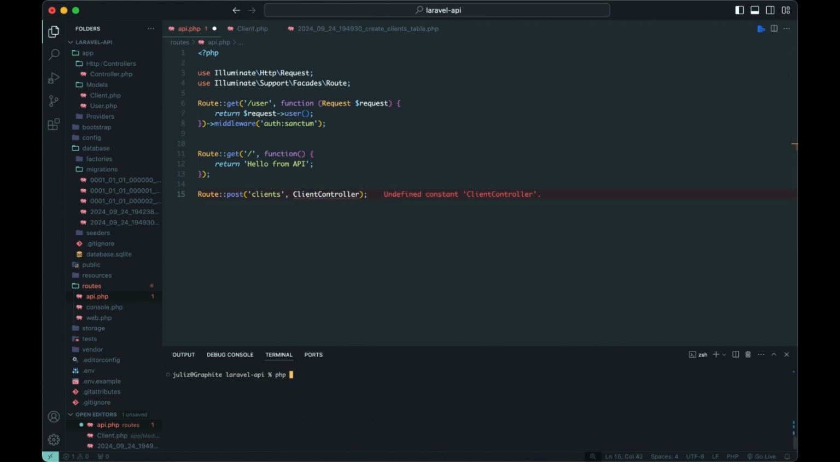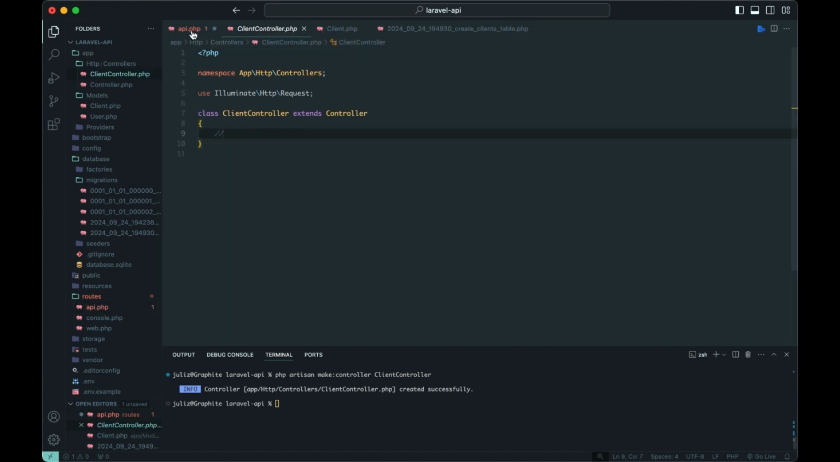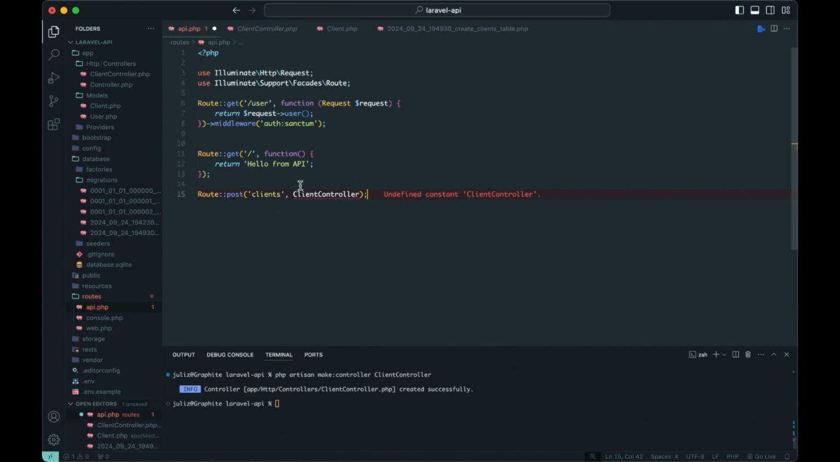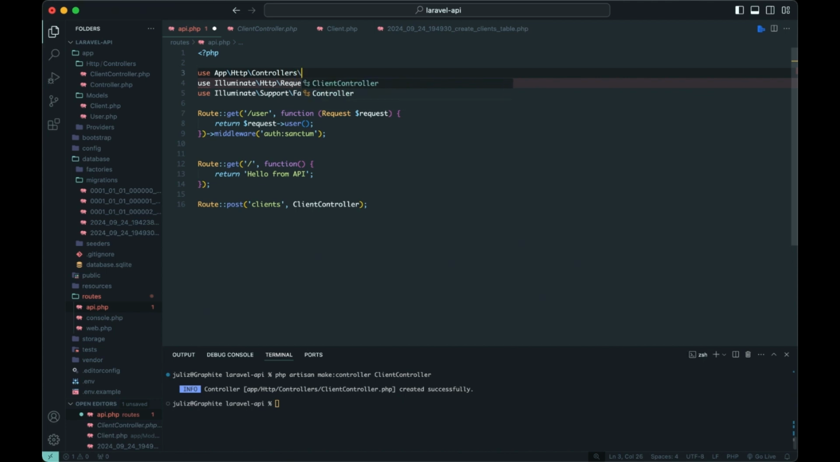So let's go to our terminal and type php artisan make:controller ClientController. Now we have our client controller here. So let's go back to the route and declare that we need to import this client controller. Use App\Http\Controllers\ClientController,